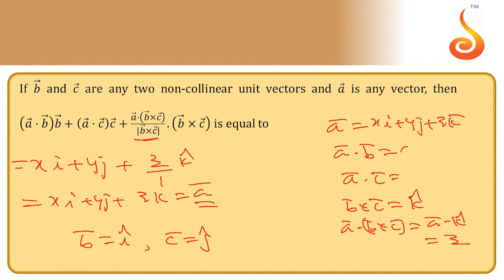So A dot i is X. A dot j is Y. B cross k, because i cross j is k. A dot k is Z. Now Xi plus Yj plus Zk is nothing but A bar. The entire thing value is